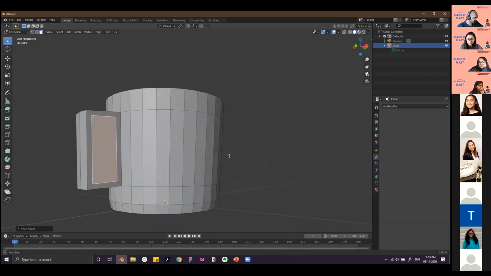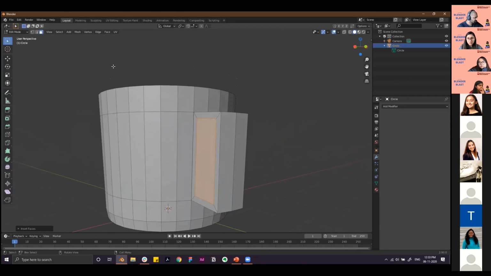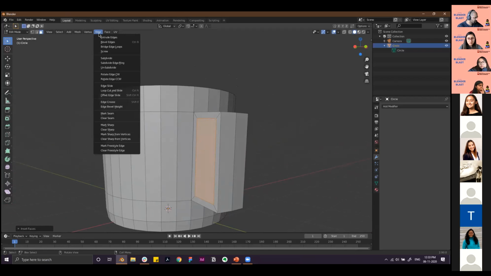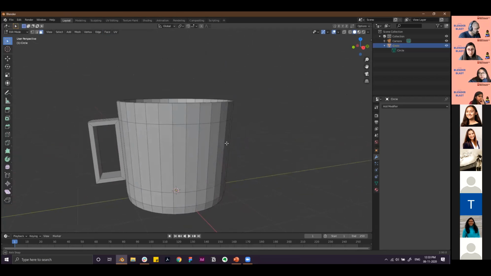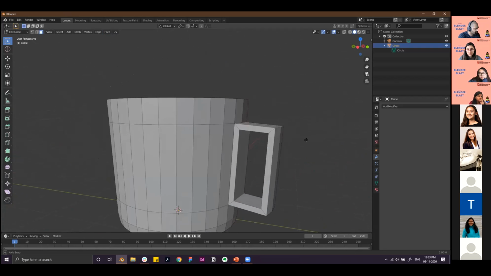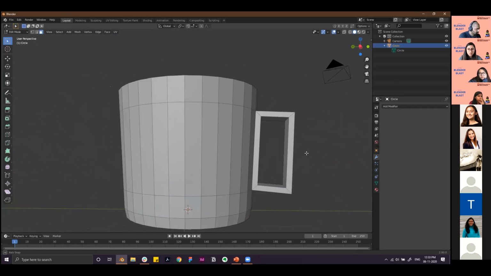Once you have selected these two faces and inset it, you can go to edge, and after you click on edge, you can select bridge edge loop. So this option. Basically it creates this hole out here.